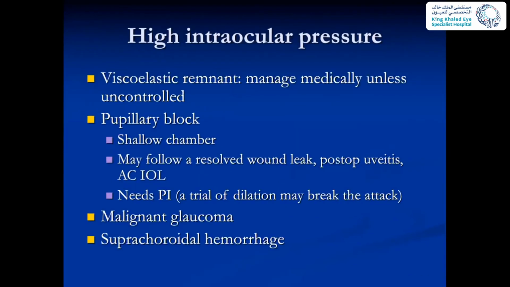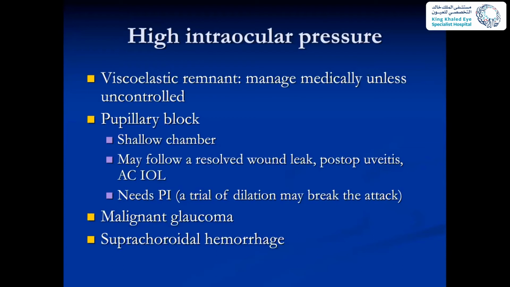What about high intraocular pressure? This is a very common complication after surgery. We find the patient on the first day with high intraocular pressure, and most of the time this is due to viscoelastic remnant. Especially with dispersive viscoelastic, just take your time at the end of the surgery to remove it all. Even sometimes I go under the intraocular pressure to remove the viscoelastic, because this type of viscoelastic, which is the dispersive one, is not easy to remove, and it comes in pieces rather than one bubble as in cohesive viscoelastic. Another cause of high intraocular pressure is pupillary block, and here you will find the chamber is shallow, and